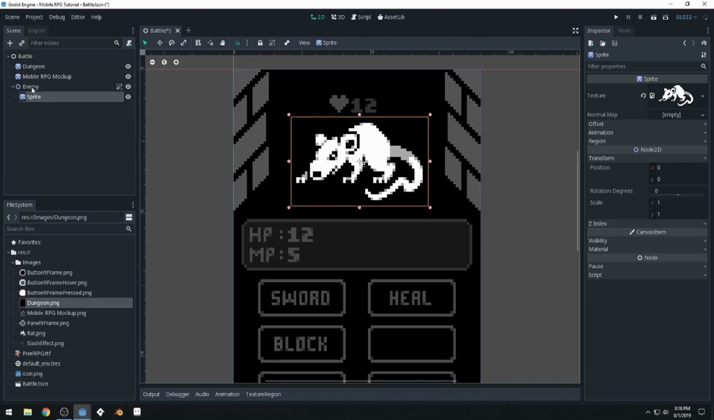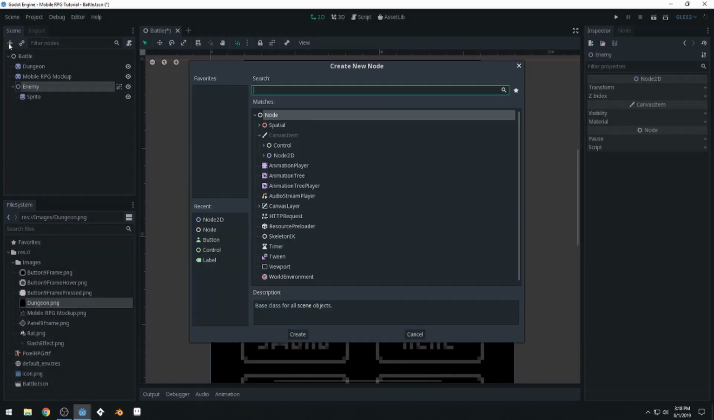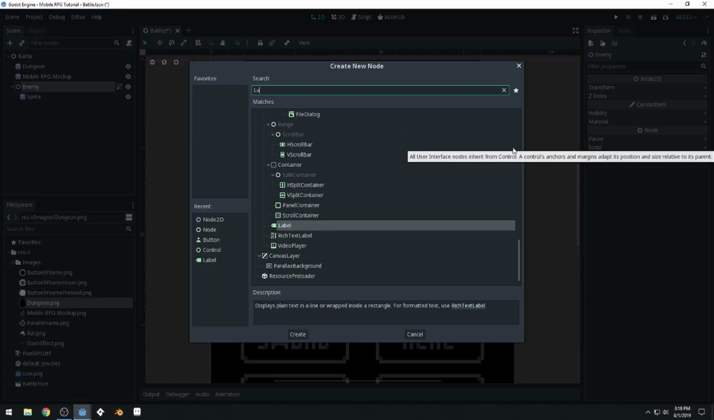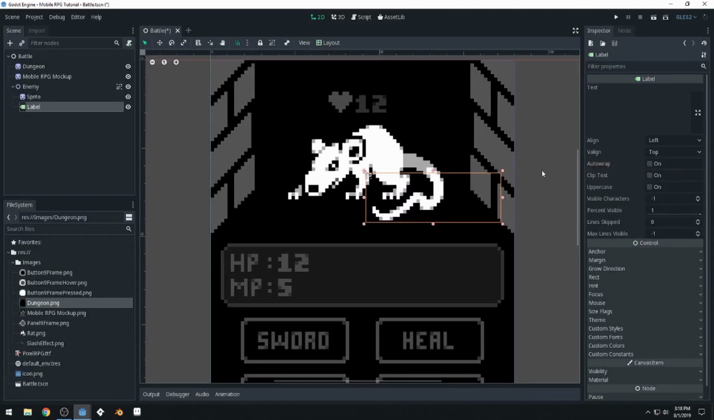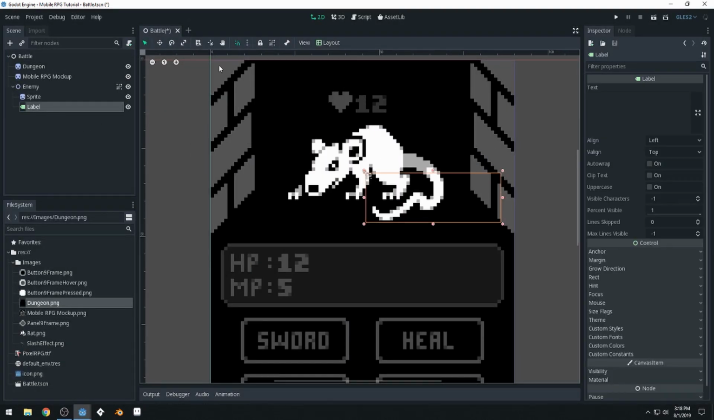So now on our enemy, we're also going to want to attach a label, and that will represent the enemy's health up here. So if we just click on the enemy, then attach a new node, search label, it will give us this, oops, we can't select it. We're going to have to change that. So click on this right here to make it so we can select the children. We'll drag the label up here, and we'll put